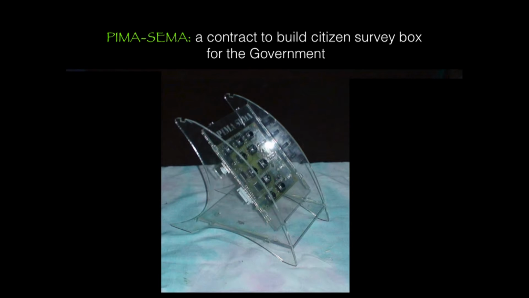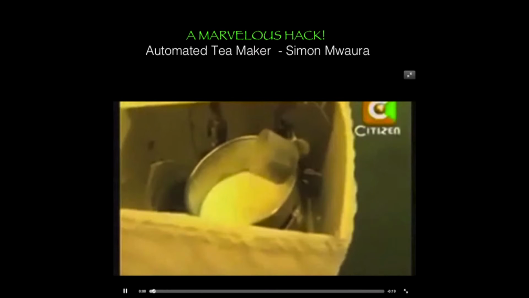And this was actually built by a guy who I saw on television who had built a tea-making machine. And what happened, I think you might have seen this on TV yourselves. So Simon's on the way home in the evening on the matatu, he sends a text, and the machine where he's put the milk into place, the majani or the tea leaves in place, and the water, starts to brew the tea. And then when it finishes brewing the tea, it sends him a text and says, "Chai iko tayari." The tea is ready.